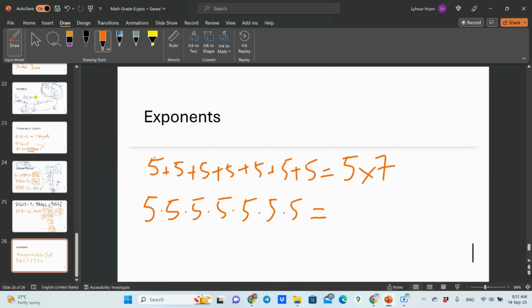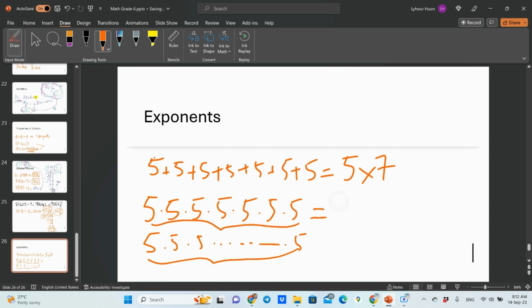So it's just easier to simplify it. If it's 5 times 5 times 5, 100 times, it's even easier to write it in a shorter form. So we have another concept which is called exponents. This is called an exponent. If it's 5 times 5, 7 times,